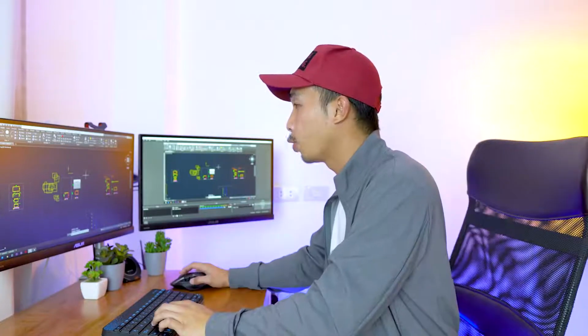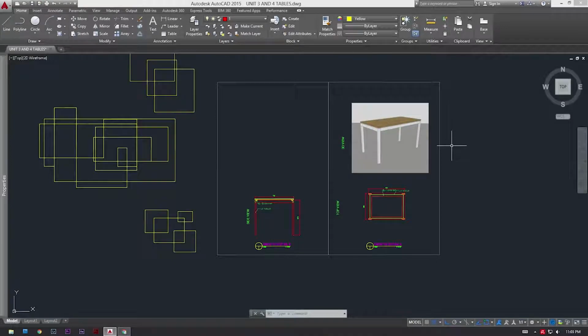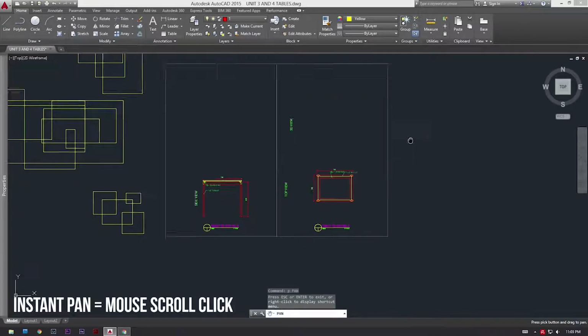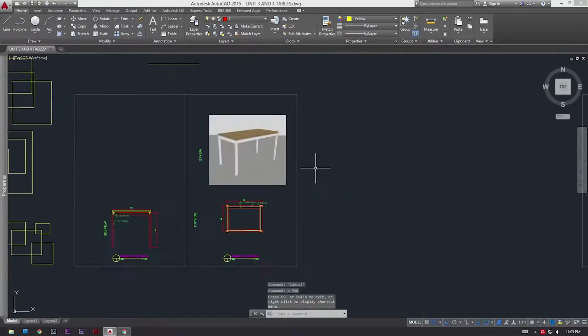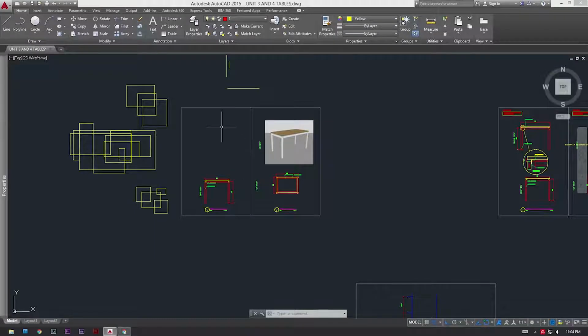So basically, if you click the mouse scroll wheel, what it does is it activates the pan command within your AutoCAD project. So let's click that and boom. So instead of pressing P and then enter and then clicking, you could just click the mouse scroll wheel and instant pan command. Also, one super good function of the mouse scroll wheel click is if you click it twice,